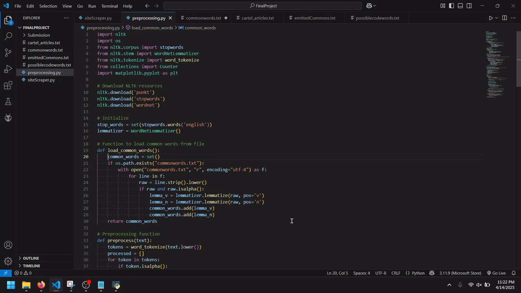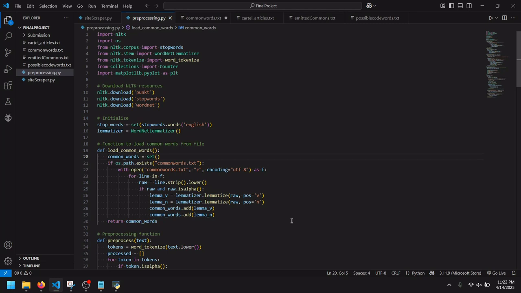So I'm going to explain what this code does line by line. The code begins by importing essential libraries like NLTK, OS, and matplotlib.pyplot. These are being used for the text processing and the visualization tasks.